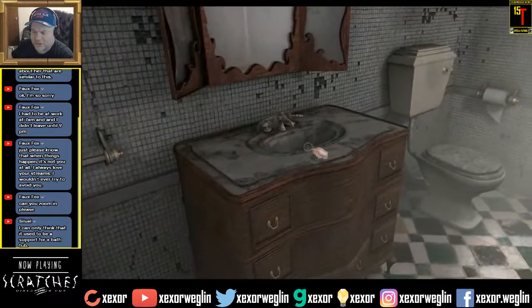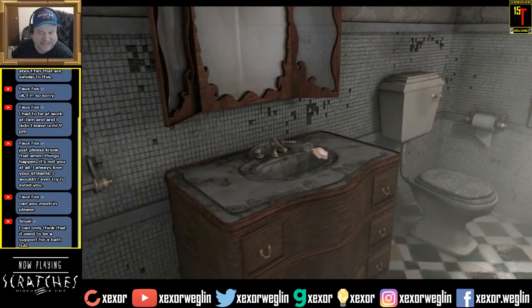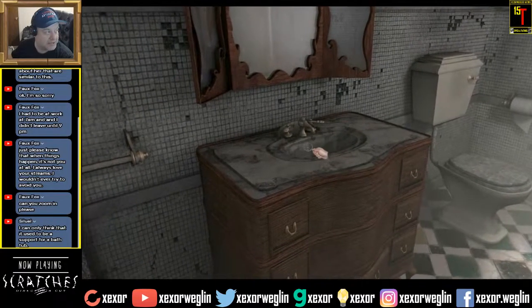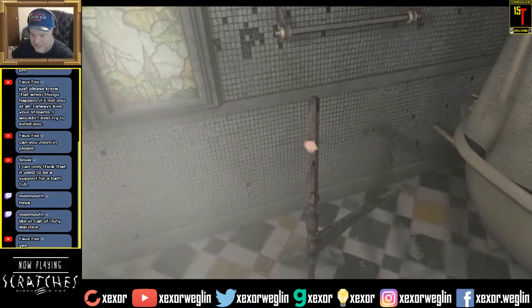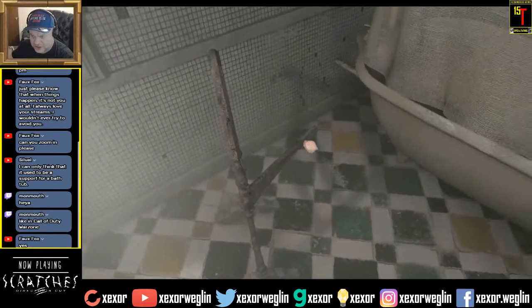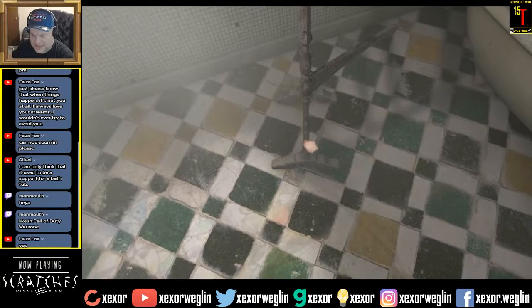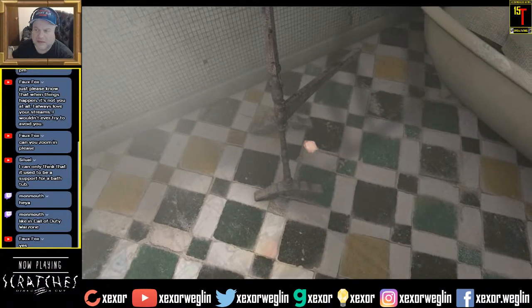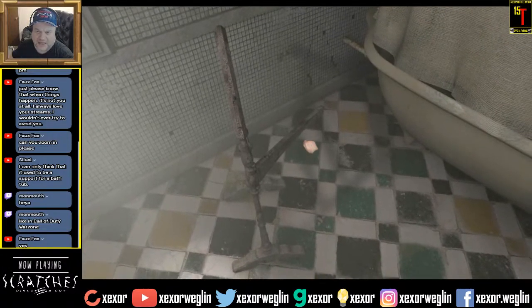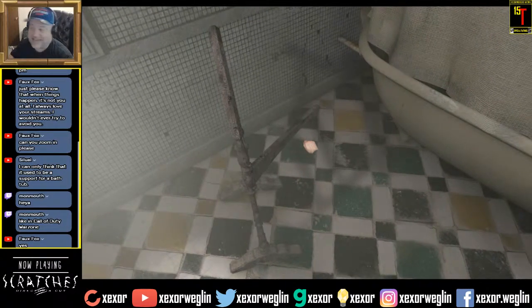So if I could zoom in, you'd see this magnifying glass icon right here, like you see for the sink. When I approach this, there is no icon change. It's still just the closed hand, which means that you can't analyze it, you can't interact with it, nothing. So this is what it looks like. That's as close as I can get. I cannot reposition in the room, and I cannot zoom in anymore. That's what you can see. So if that is enough to tell you what purpose that serves,